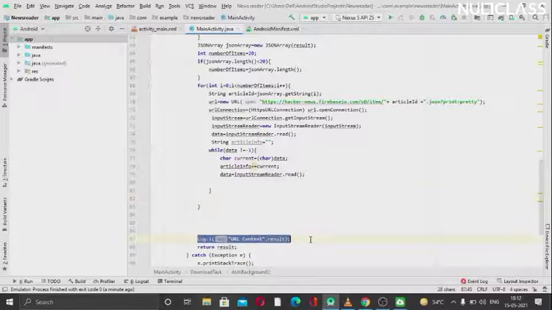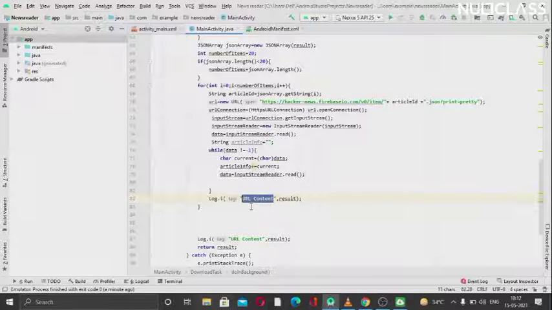I will just copy this one and paste it right here, and I will change this to "taking to load article info", and instead of result we want this string article information.